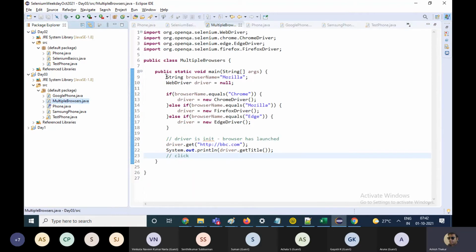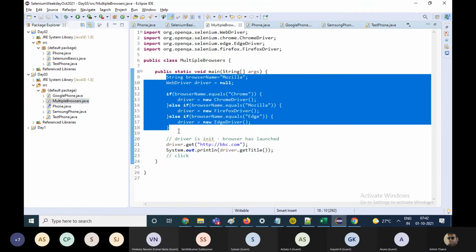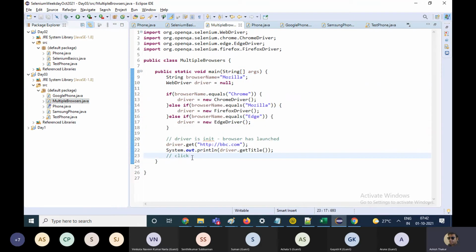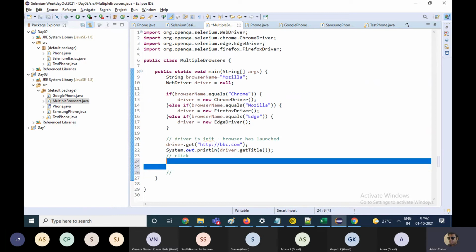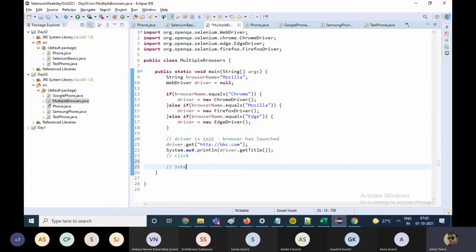Now, once you have launched the browser and you have reached the website, you have to interact with the elements on the website. All right. Now, how do you interact with the elements on the website? How do you write a script which can click on a link or type something in the text field, submit a form? We are going to look at that gradually. But before that, anybody having any questions in this till now, you can feel free to ask me.